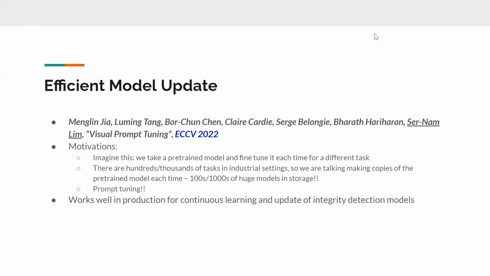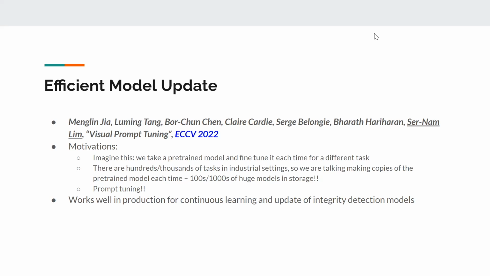So there's the third work I'm going to talk about, which is all along the themes of trying to deploy AI in the real world. This is an ECCV 2022 paper called Visual Prompt Tuning. So the problem here is this, right? These days, all the pre-trained models are huge. We're talking about the latest ChatGPT model being 320 gig. You can't even load it onto one GPU these days. It's 320 plus gig. They are huge, right?